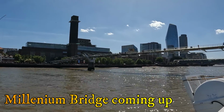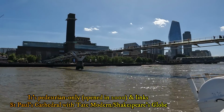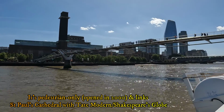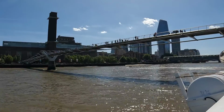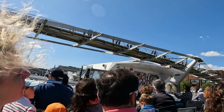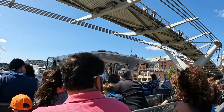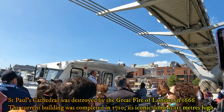The bridge, folks, the Millennium Bridge, better known as the Waterloo Bridge. If you look to the right-hand side, you can see there, dominating the skyline between the gaps of the buildings, a full view of Sir Christopher Wren's masterpiece, St Paul's Cathedral. St Paul's Cathedral,